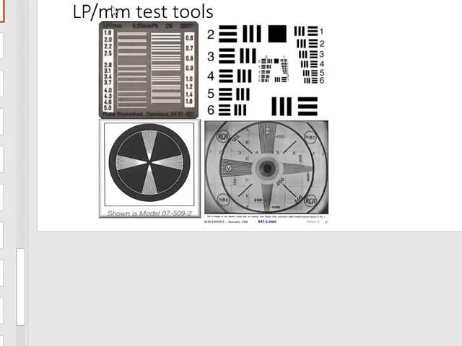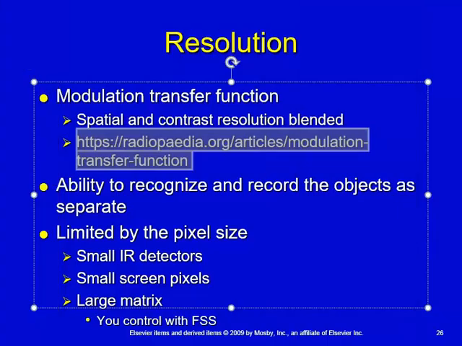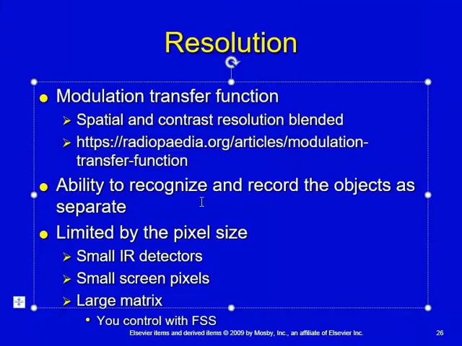So the modulation transfer function is kind of a synthesis of both spatial resolution and contrast resolution to make sure we can visualize the separation between these lines. So it's the ability to recognize and record objects as distinct and separate that is what resolution is, but the modulation transfer function becomes, again, very important whenever we get down to those small areas. It's limited by pixel size. In CR,